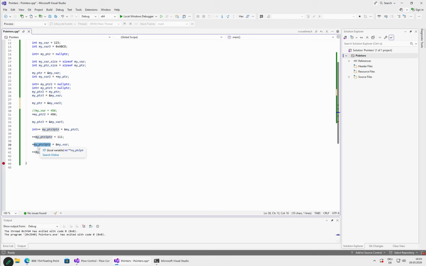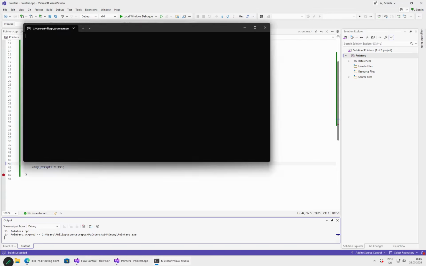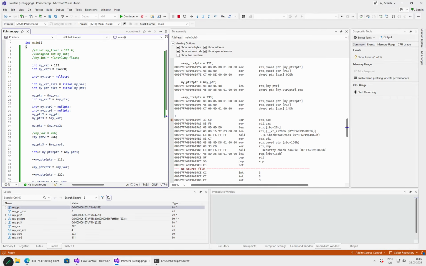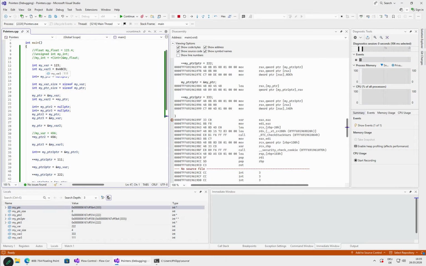We do not really have my pointer 3, so let's now assign just a pointer to a pointer to point to this variable. Then again, if we write something there, it will end up there. So we will get 1 1 1 2 2 2, and here 3